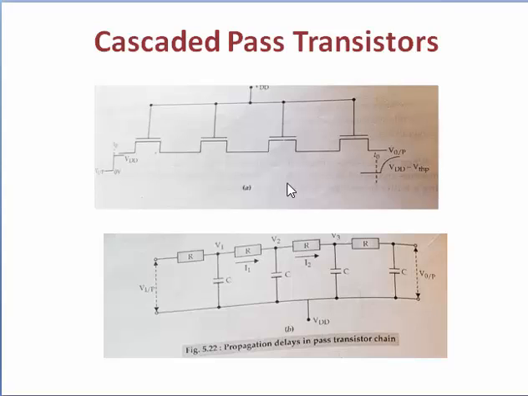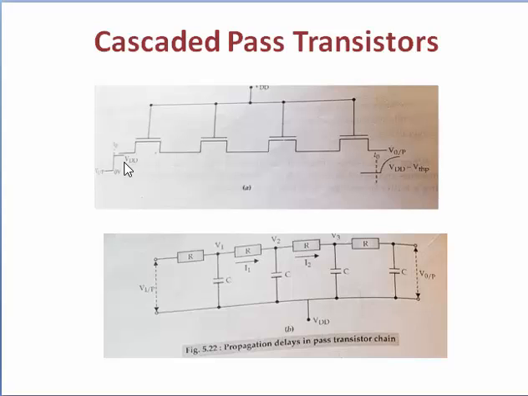So using this pass transistor we can drive a logic. Whenever the transistors are connected in parallel, we perform addition, and when the transistors are connected in series we perform multiplication. So this is a pass transistor and 4 pass transistors are connected in series. VDD is the power supply voltage, that is common for all the pass transistors. V input switches from 0 to 1, that is also equal to VDD.